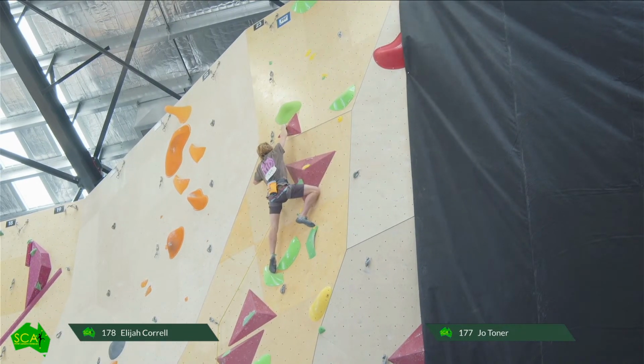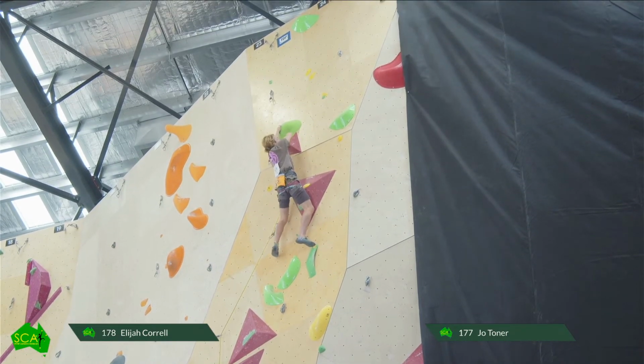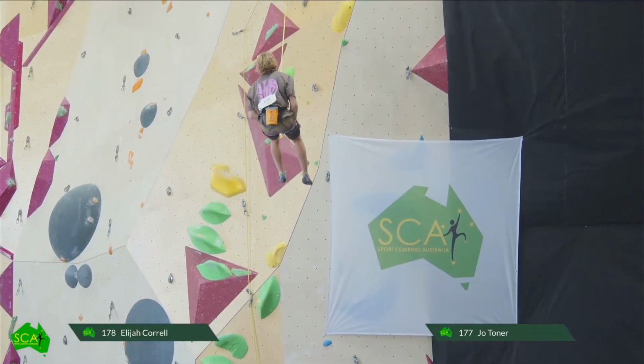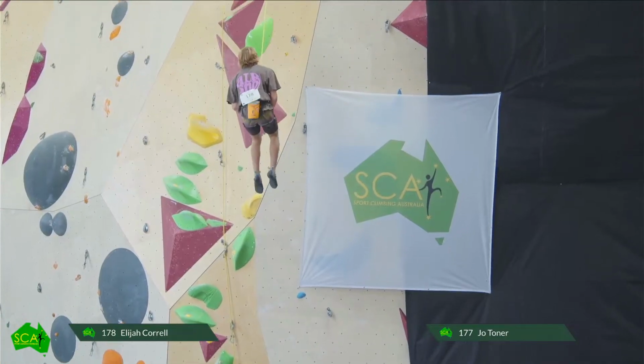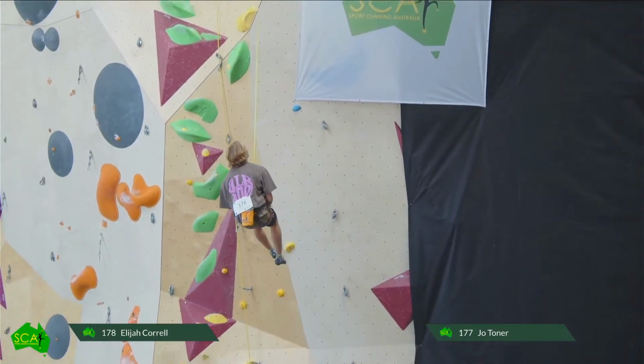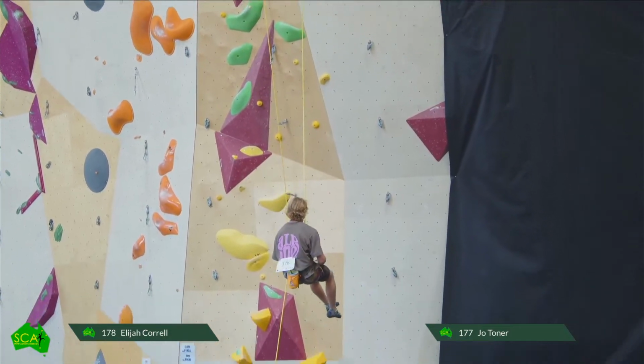Yeah, so this is... Just need to see the green stop, then off to the yellow. Once you come across that next yellow, you're in good stead. No! Just a bit of a pump out there, but well done, Elijah. Well, that is the high point for the competition so far, right now.